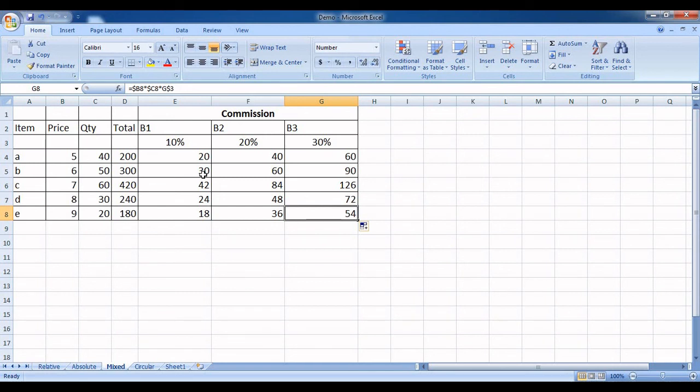Accordingly, you will have to tell MS Excel which one to keep constant, whether you want to keep constant the row number or the column name. The only thing is you will have to add a dollar symbol either before row number or column name according to your formula and your requirement. So this is about mixed cell reference.